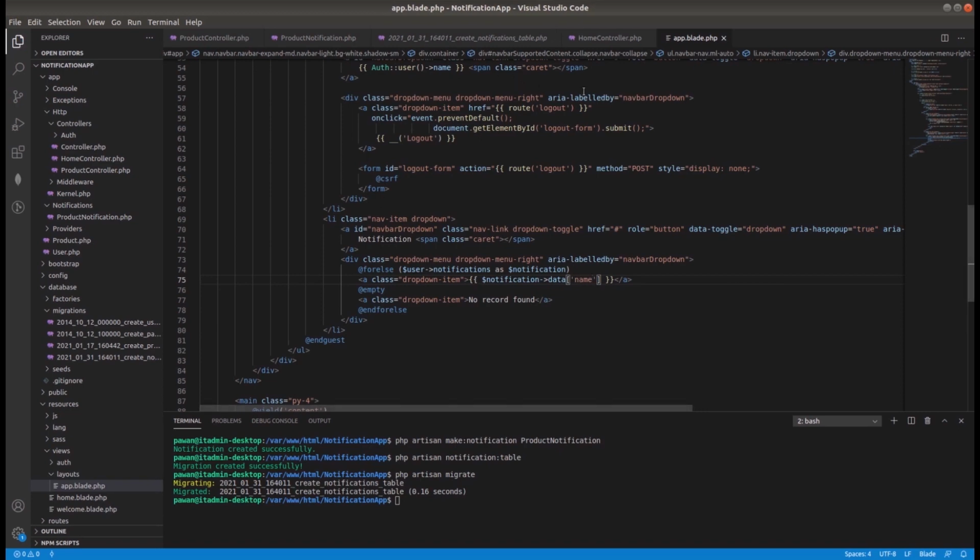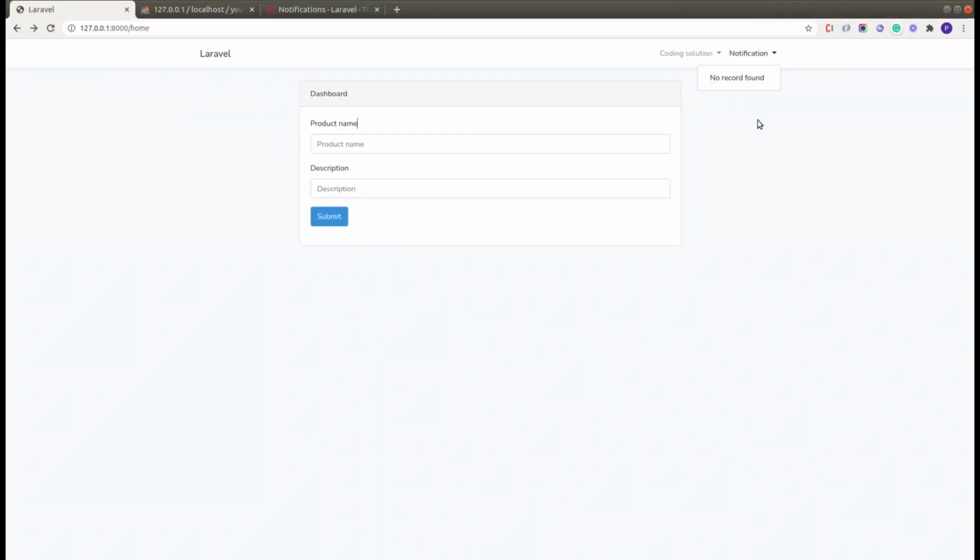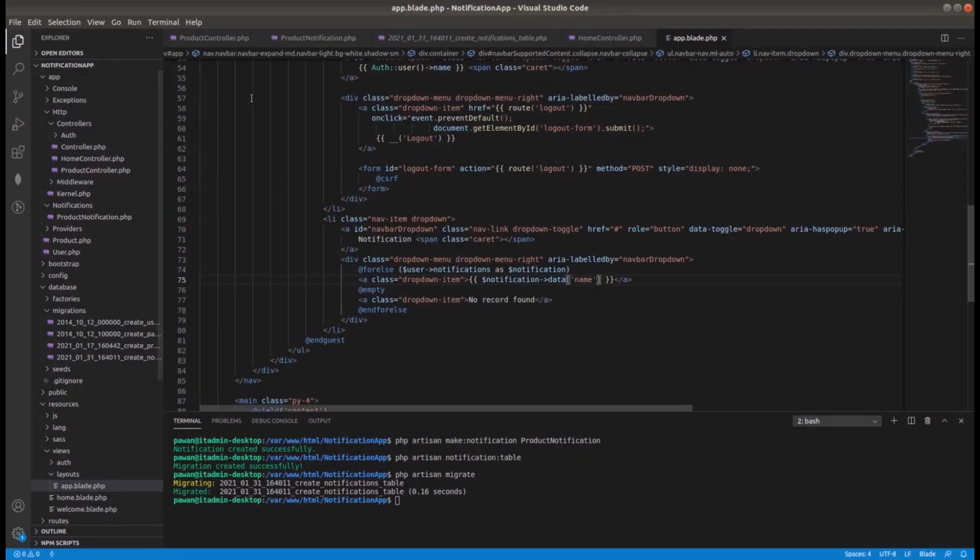Okay, in the home page we are using user detail, but let's check if we are sending this user detail to the home page or not.